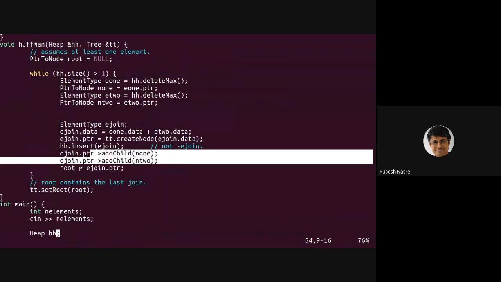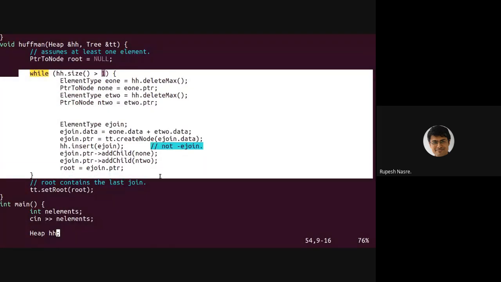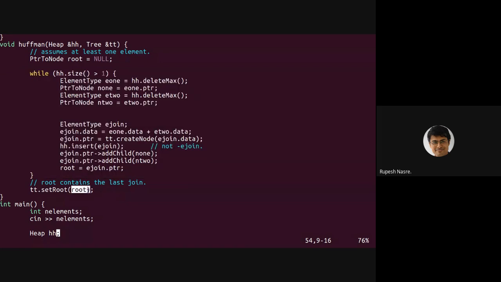So that is forming the subtree that we were talking about. And we have to also insert in the heap. Yeah, so this is the insertion in the heap, which I need to push back as the frequency, which is the sum of the frequency of the 2. And that I need to repeat until there is a single element left in the heap, which is essentially going to be the final element, which is going to become the root in the tree, right? So the frequency that remains in the heap is going to correspond to the root's frequency. And once I have this tree built up, the heap is empty or has a single element, and the tree is going to give me the Huffman codes.